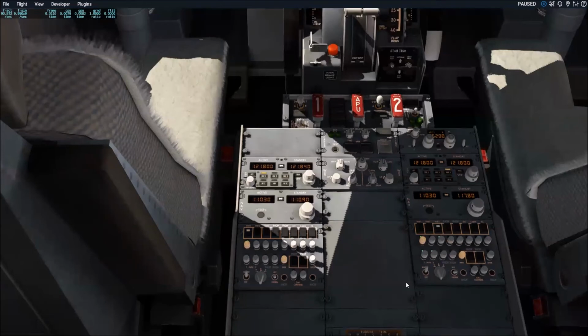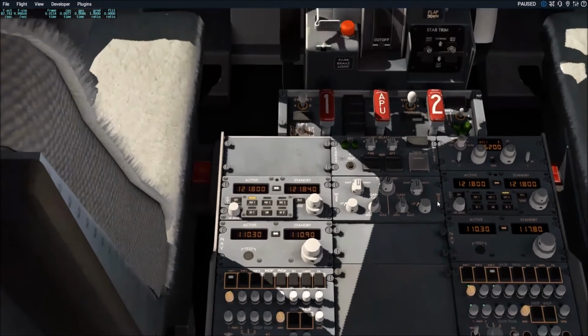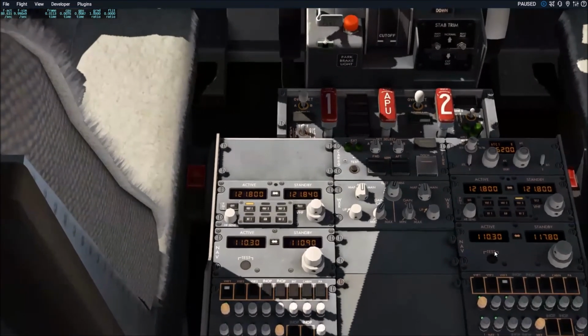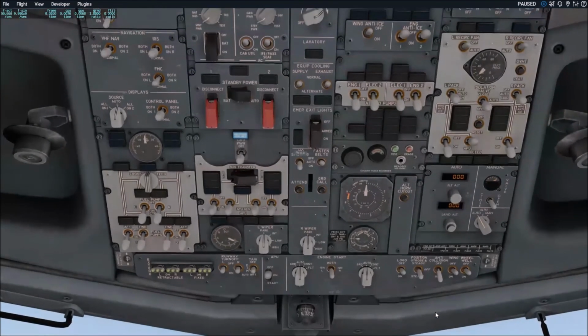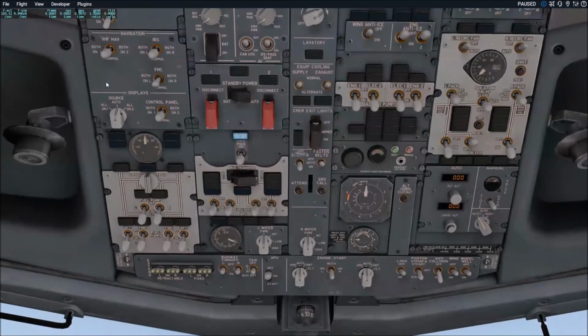This is the radio stack. Now here it shows 110.30, which is the radio frequency of ILS runway 27 of Mumbai. Okay, now we will take a look at the overhead panel quickly. These are the starter buttons.